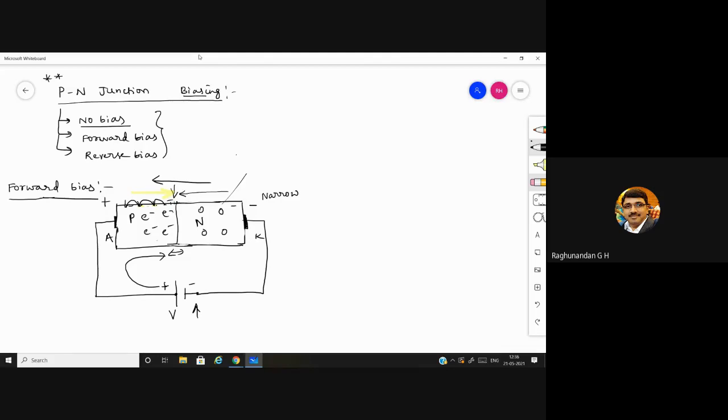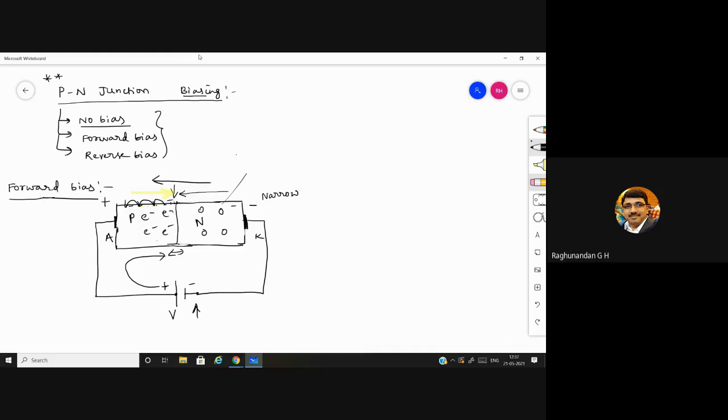For example, low current diodes can withstand a maximum of 100 milliamperes of current and a voltage of around 75. Medium current diodes can operate till 200 volts. High current diodes can operate with several hundred volts and are used in higher power systems. So the first point to mention here is forward biasing.